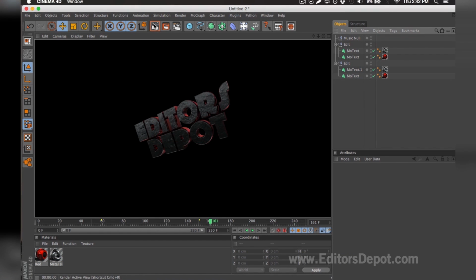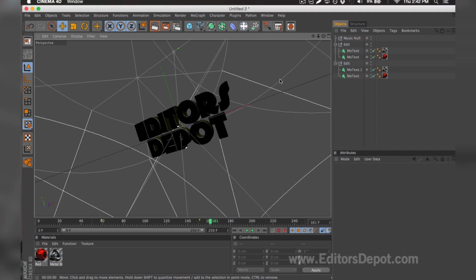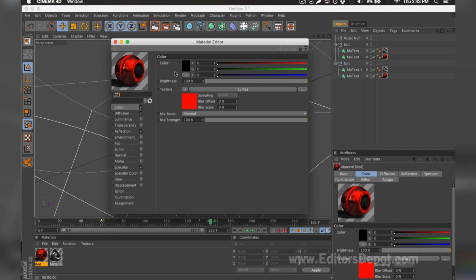Once I go ahead and render preview, it looks amazing and I'm happy with it. I'm 100% happy with the colors because it's red and EditorsDepot is red. But if you're not happy with the colors, you can simply come down below, double click it, and make any modifications you wish. Whether it's make it green, make it blue, or blend it all together and make a little purple. I'm going to go ahead and keep it this way, and I'm going to go ahead and go to